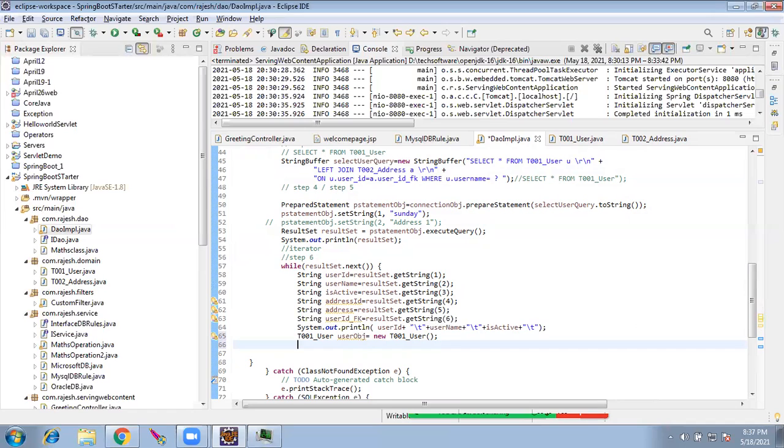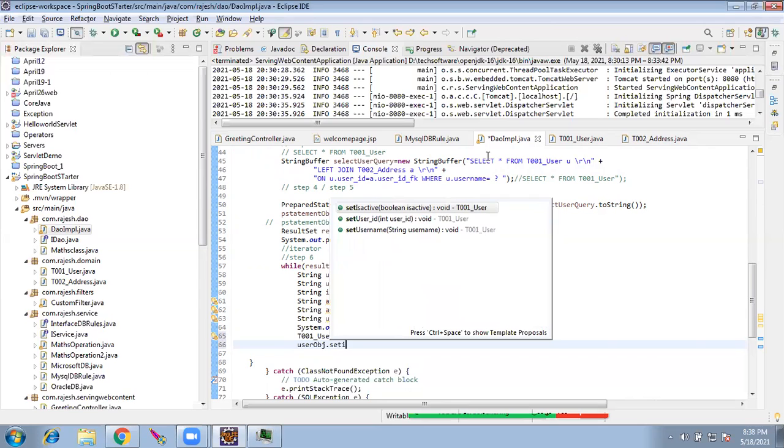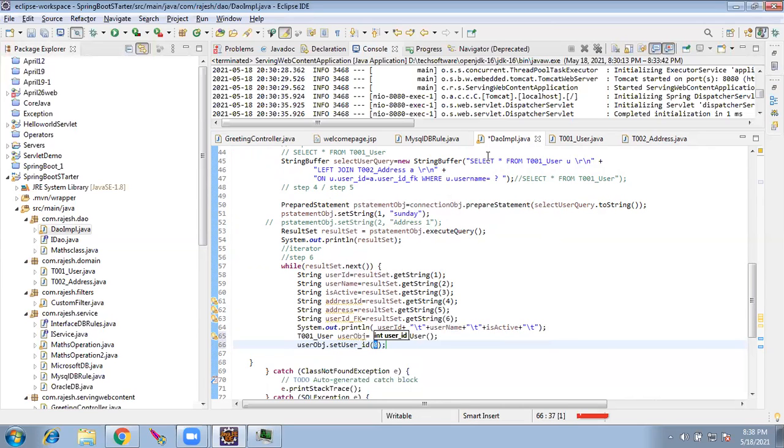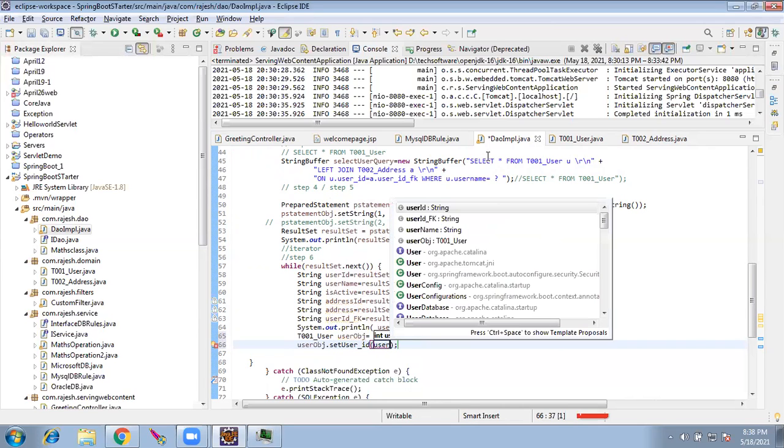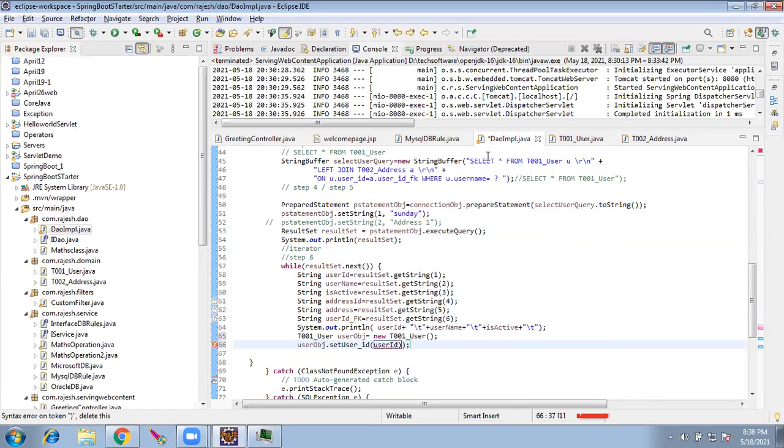Every rule will have one exception. We are just creating a POJO, and that rule does not apply to POJOs. That applies to beans, which have functionality. This is just a POJO without any functionality, having only attributes. So inside the user object, I can set the user ID, whatever user ID I retrieved from the database.